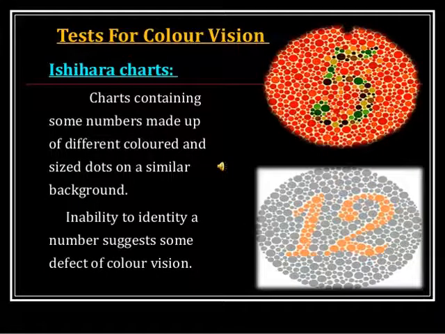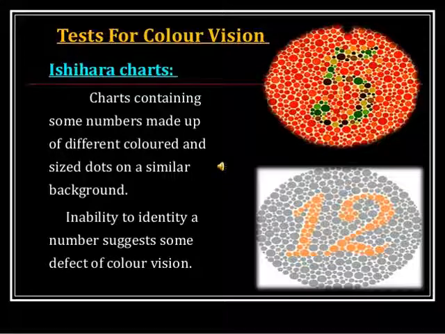Ability to recognize color is known as visual sense of color vision. As we have read, there are 3 primary colors, red, blue and green. And this is the function of cones, and to test this, the most commonly used chart is the Ishihara chart. Ishihara chart contains polychromatic plates with dots of different colors which form some figures or some patterns. The person with normal color vision can read the numbers or letters or patterns, but a person who is color blind cannot identify them.